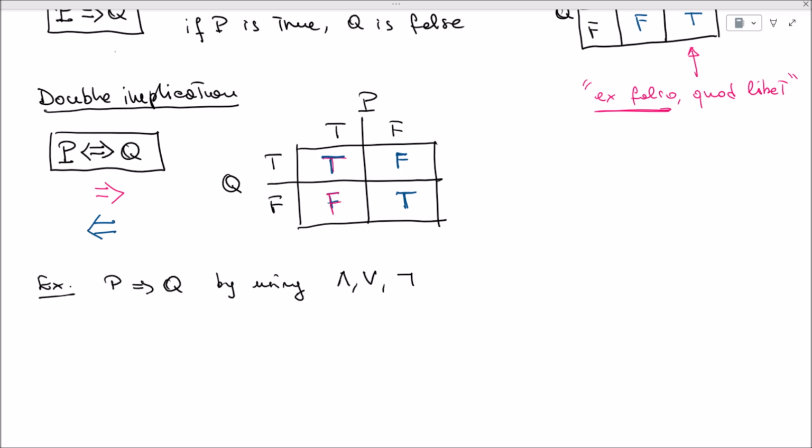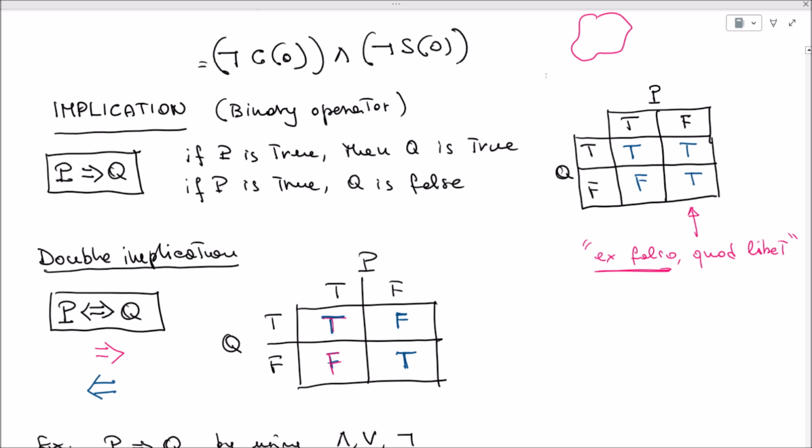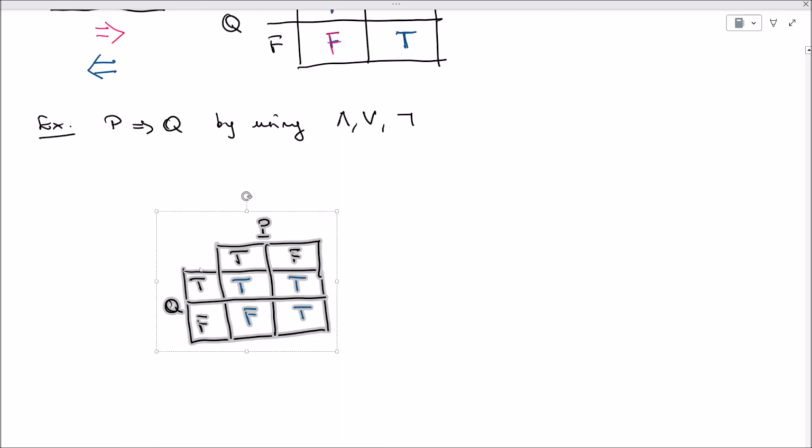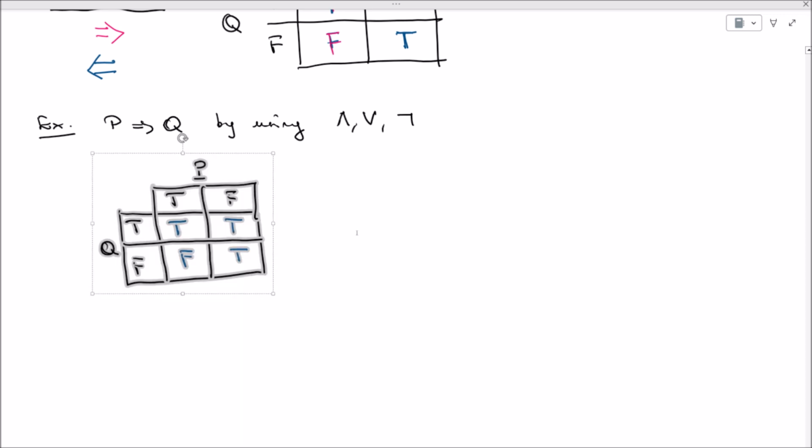In other words, we would like to represent the same truth table of P implies Q, which again is this one. Let me copy this one. So we would like to represent this. Okay, so this is the truth table of P implies Q,